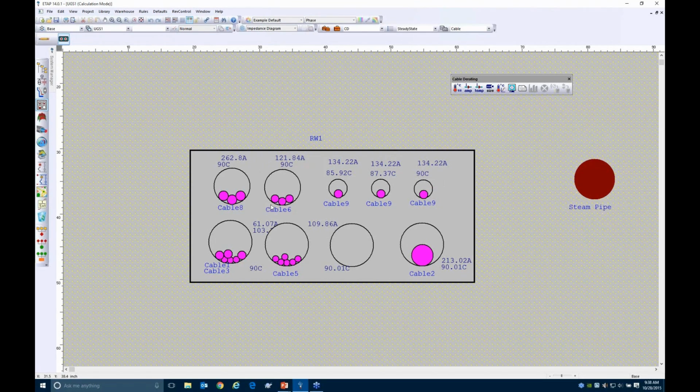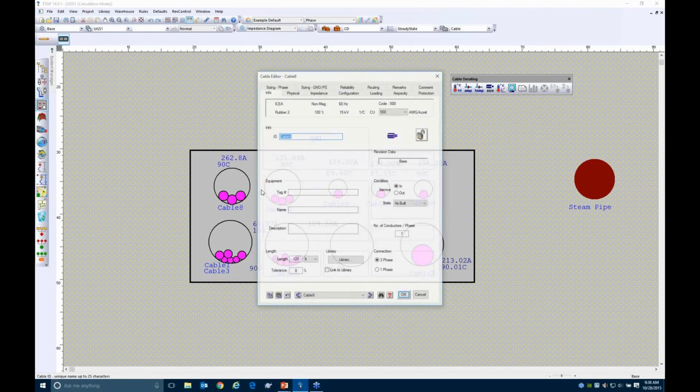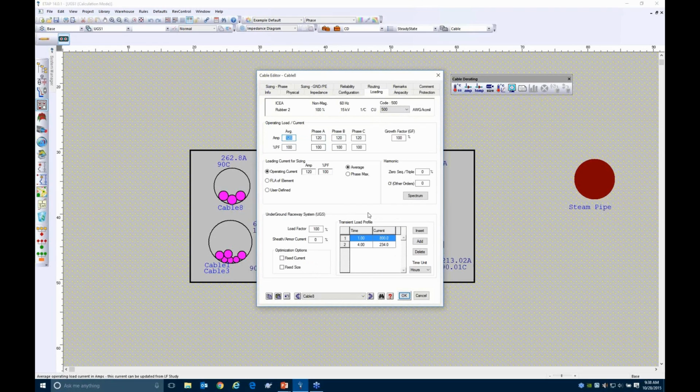I cannot just keep increasing current in cable 6 without having an impact on cable 8. So this is essentially giving me the maximum capacity of this raceway, such that all the cables reach their maximum temperature limit. So that's our uniform temperature calculation. And then the other option, which is the transient temperature calculation, that, as I mentioned earlier, uses loading as function of time. So instead of using a fixed number, which is right here, 120 amps,